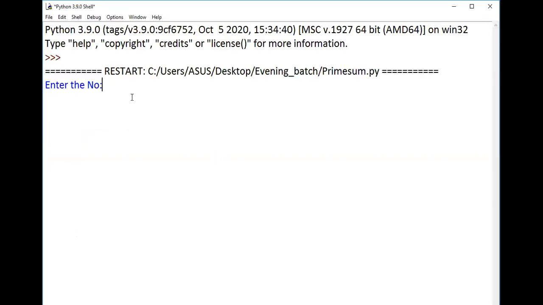If 20 is given, as per our logic, the display is count value 3. But as per the question, the count value should be 2 only, right? It should not be 3. They are saying 2. The summation of these two is 7, and in the same way the summation of these elements is 17. So why is it coming 3 here? As per our logic, can you guess what is the reason behind it? Why do we get 3 here?